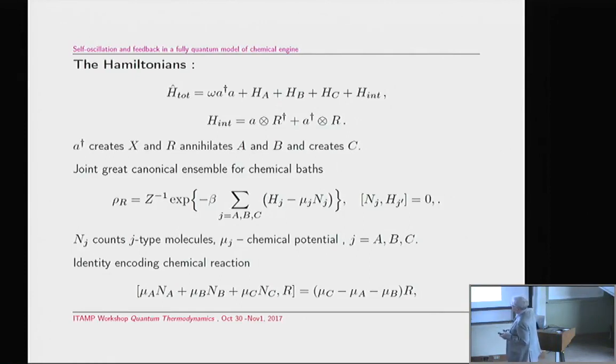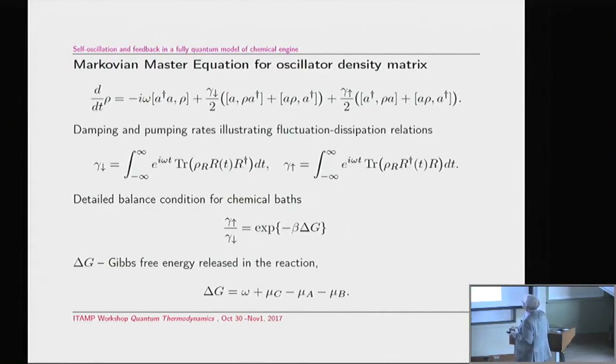So to encode the structure of the reaction, one should impose the following commutation condition. If you put here this creation annihilation operator, as a kind of exercise, you will see that this is exactly what one should expect. So this is the condition which encodes the form of the chemical reaction. So now this is a standard picture, and we can apply the standard derivation of the Markovian master equation for this oscillator, for this quantum piston, and what we get is the most popular quantum master equation for the harmonic oscillator with damping and